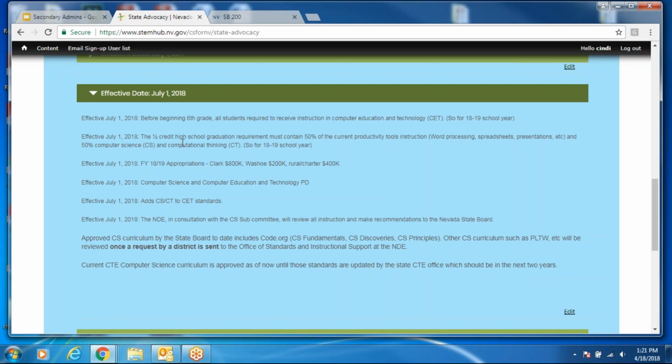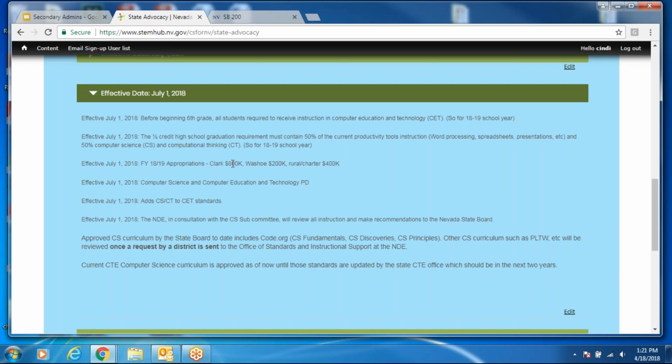So that would be a considerable change for our teachers who are currently teaching the computer literacy course, which is called use of computers in our regulations, but it's primarily computer literacy. Typically you're typing in Word, Excel, Google Docs, and so forth. That is now just going to be 50% of what the class is, and then the other 50% will be the computer science and computational thinking component that needs to be brought in. So that will be a shift for your teachers who teach that.